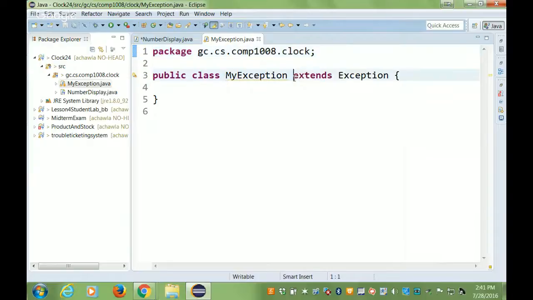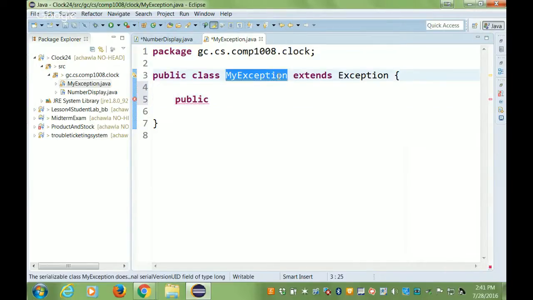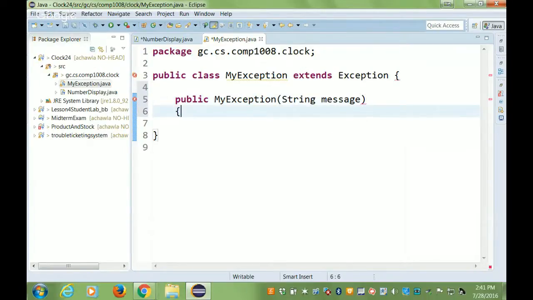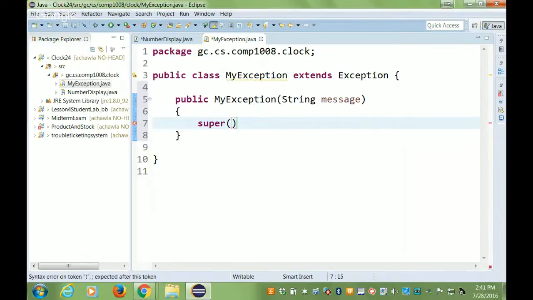Notice how it's already said my exception. It says it extends from it. Okay, so the only thing that we've been doing to keep it simple, we create a constructor of the class and we'll take a message so that it's easy to print it out with get message. And then the first statement is always a call to the super constructor, and we'll pass that message to it. So as long as the exception class has a constructor that takes a string, I'll be okay with this class,